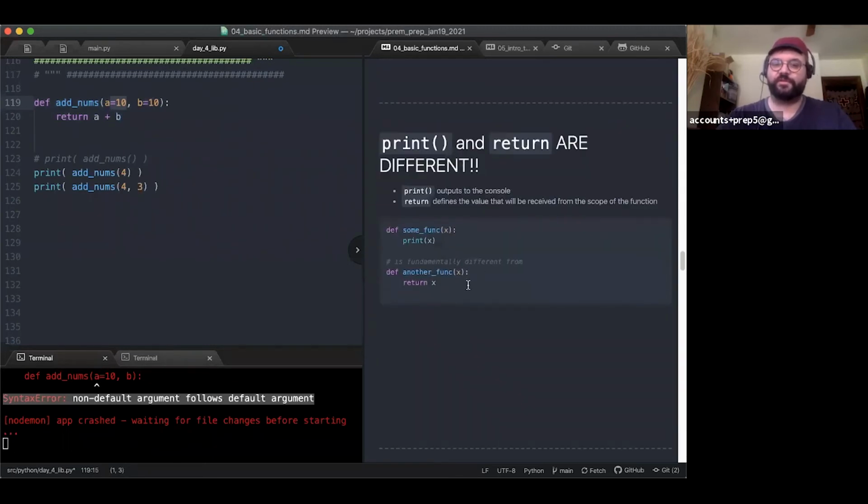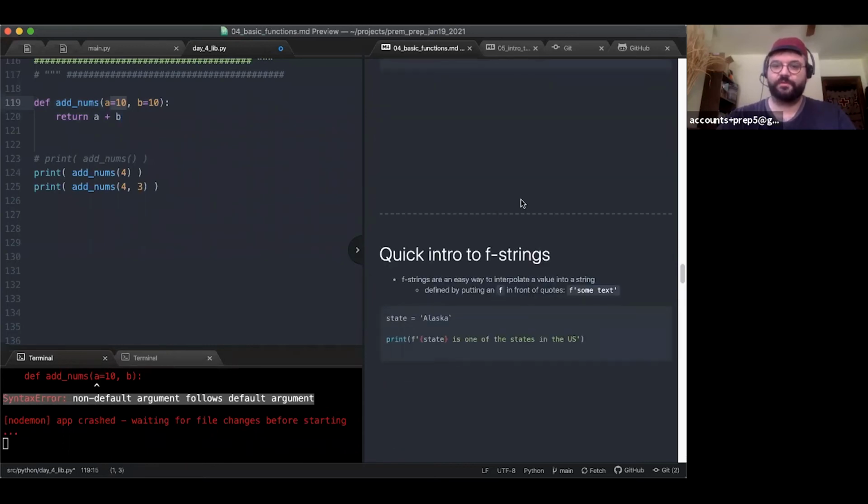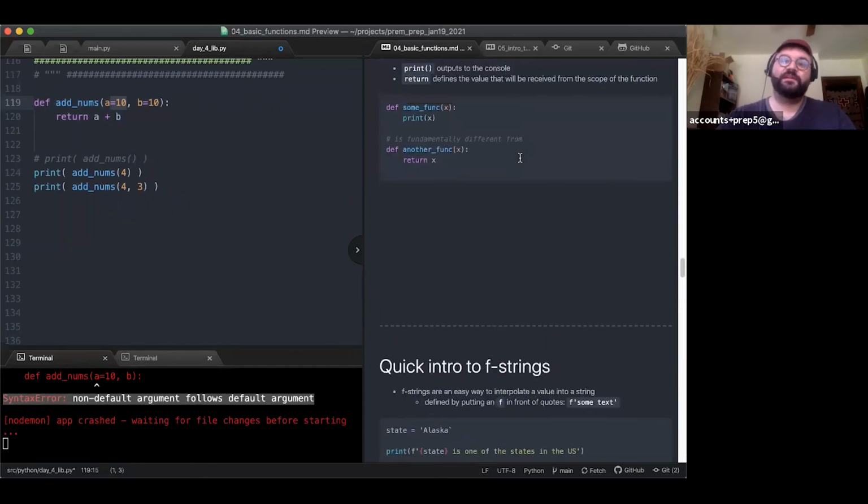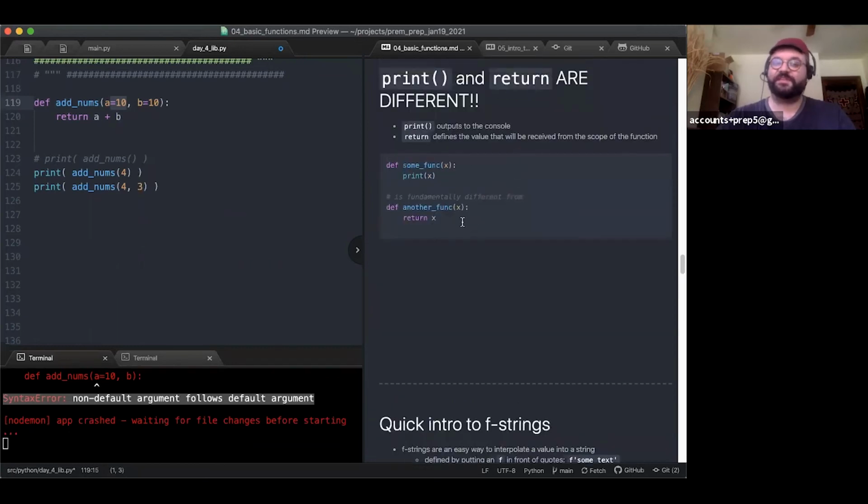Print and return are different. I think we went over this, at least to my satisfaction. To be clear, I know I kind of made a big stink about this. I don't want anybody to feel bad for thinking about that. To be clear, it definitely took me a long time to really get that solidified, and once